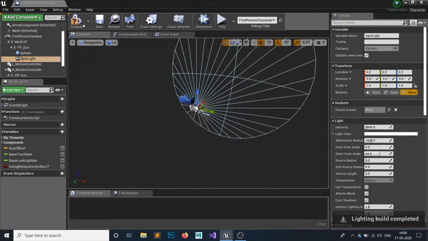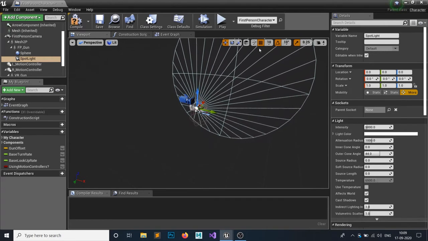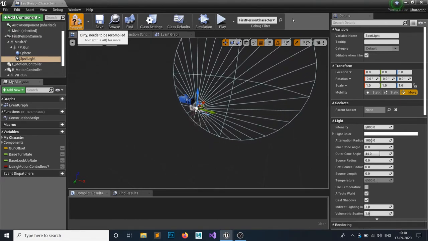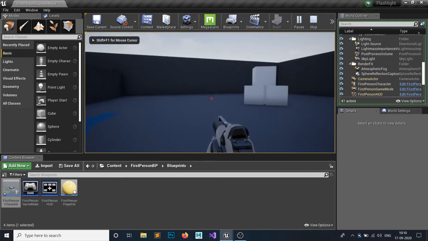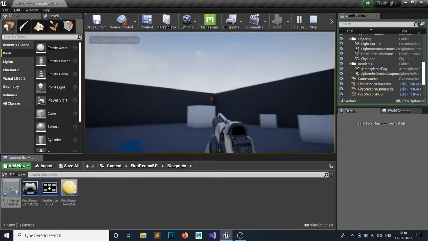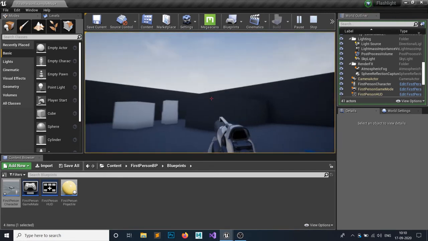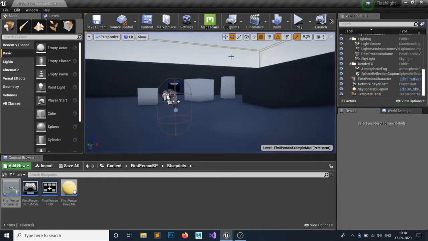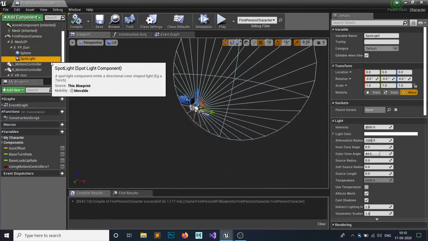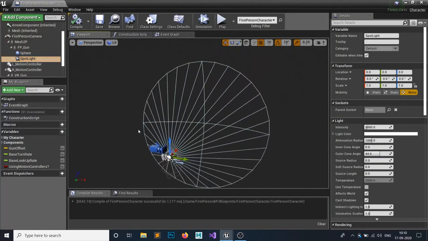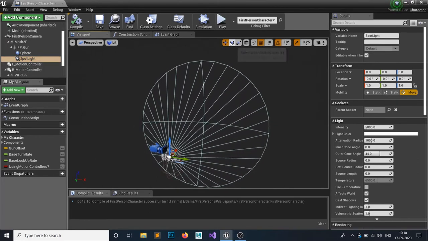Okay. The lighting build is completed. So if you just compile this, if you minimize it, you're going to see the error gone, and if you play, you're going to see our lighting rebuilt, but the night sky is not as good as we thought. So you're going to change that, but I don't want the exact night, I just want the dark side. That's why I have fast forwarded that. After that, we want to do this spotlight thing.